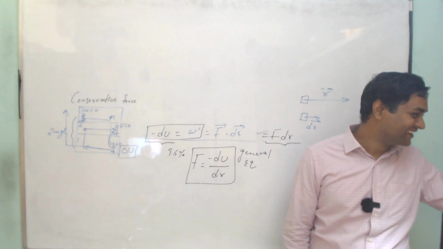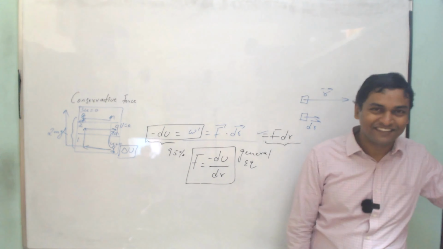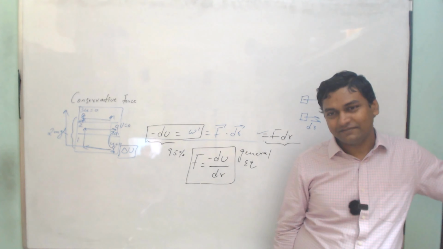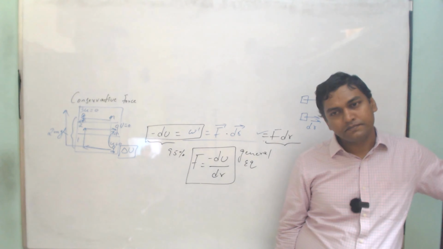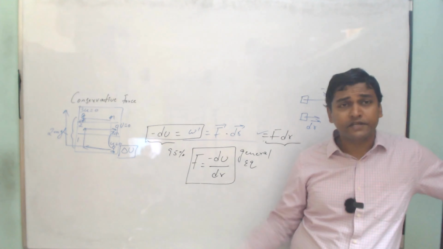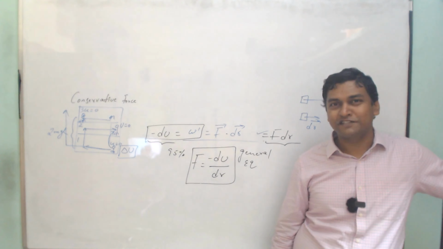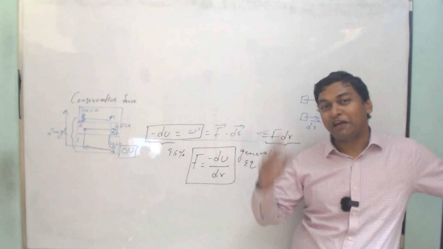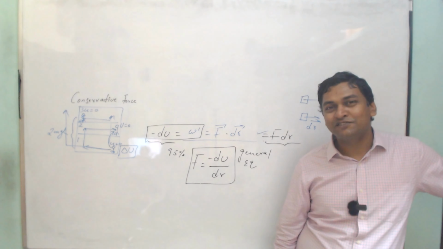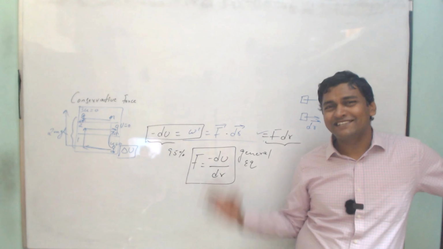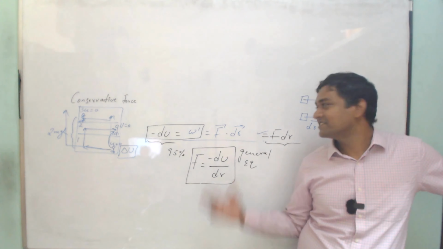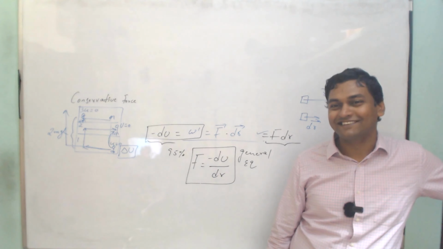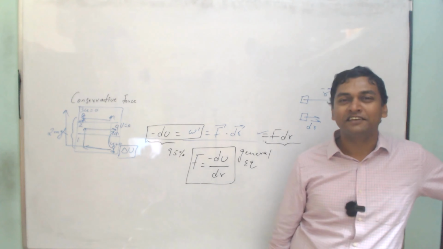Yes, tell me. You were asking something. Over here, they used F conservative dot dr. I didn't mention anything, no? I don't know that much physics, right? If I knew that much physics, I'd be teaching some hi-fi PhD students. I didn't mention anything, right? Who said conservative, non-conservative? I don't know. If you know, you tell me. I don't know, sir. That's it. Leave it. Who cares?